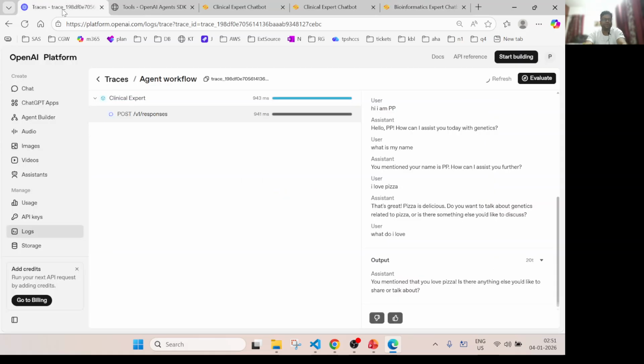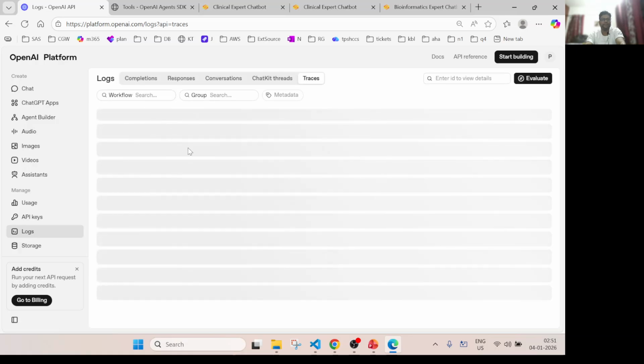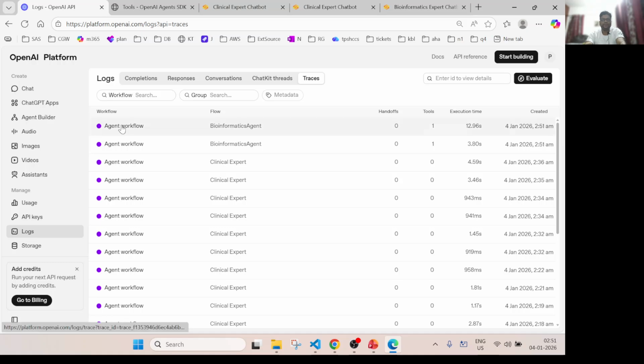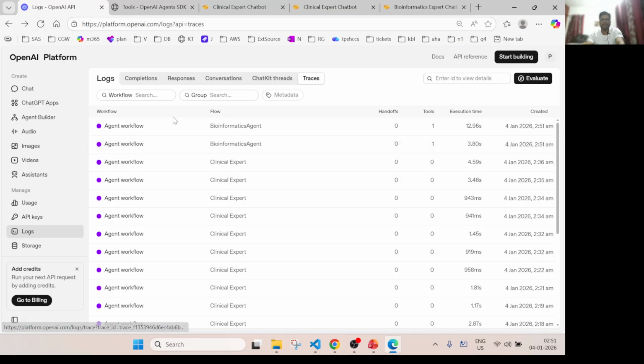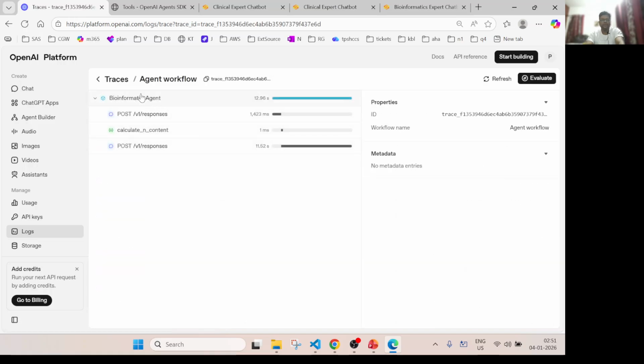So let's just go to traces to see what happened here. Now you see the interesting thing. That's what I wanted to show you. The agent workflow is the same, but the agent name is bioinformatics agent. And here you see there is one tool call, right? So let's see what happens here. So first, step by step, the query was sent to the